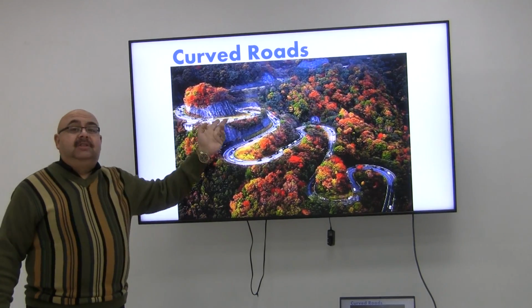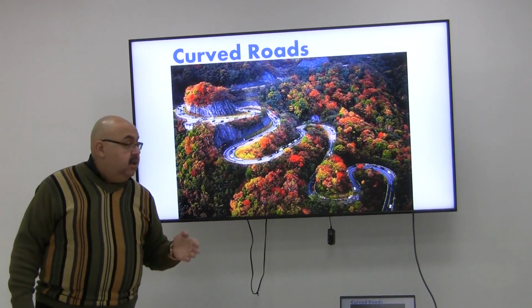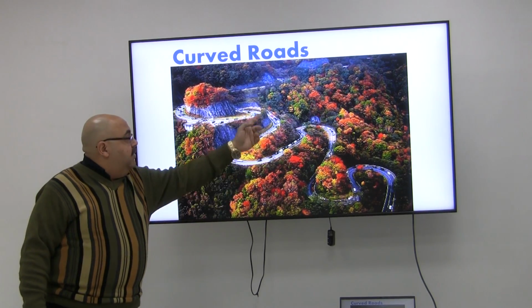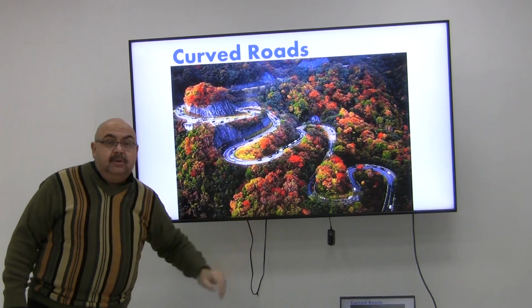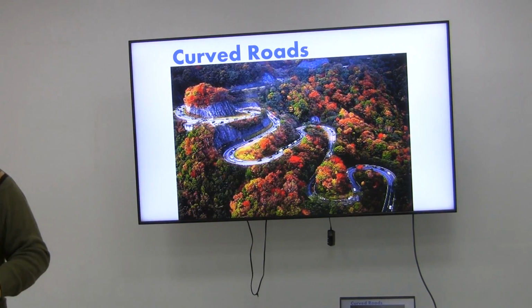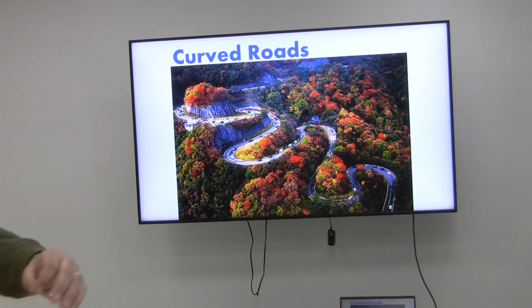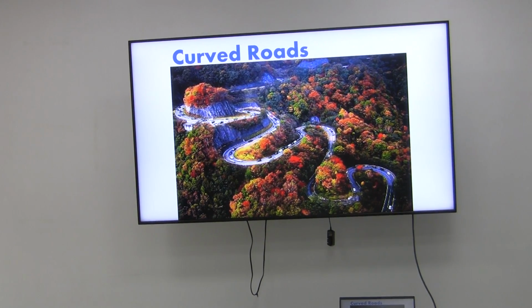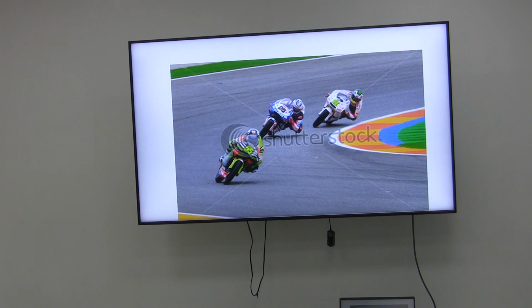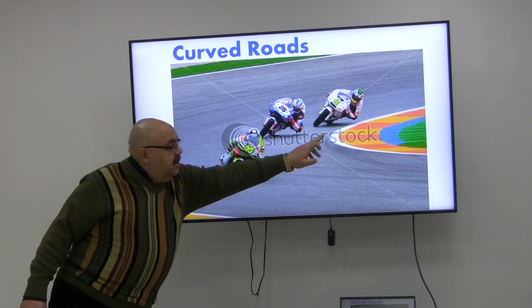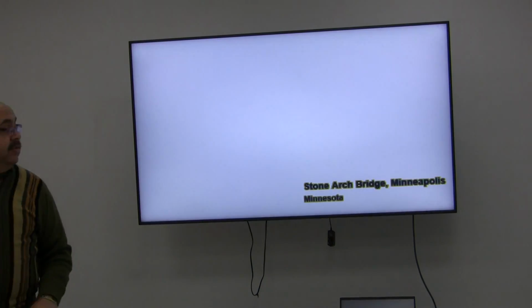Okay, curved road design in civil engineering. I'm using all the knowledge of the parabola and the circles and the ellipses and so on in order to generate something like this, because we don't just build a road to move. It has to be designed for the cars in order to be able to move around. Also, I like this photo, which is an application of the ellipse, as you will see down the road.